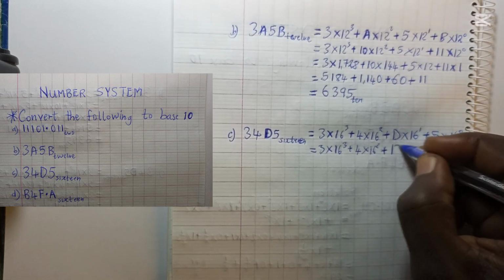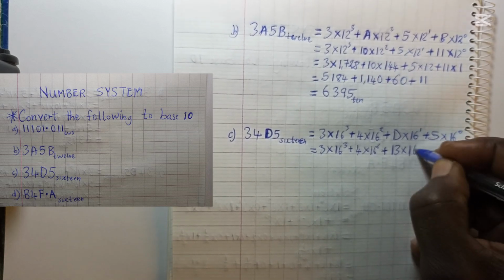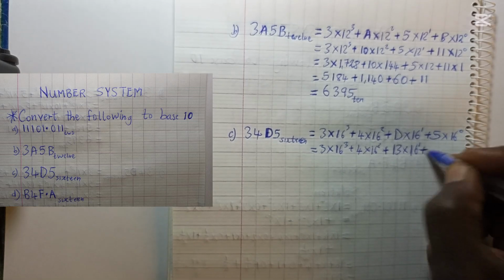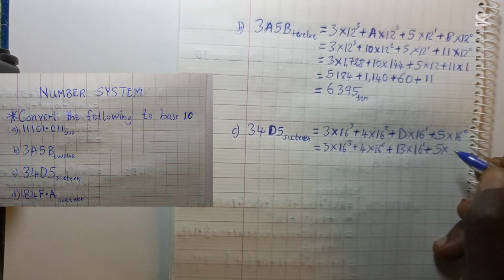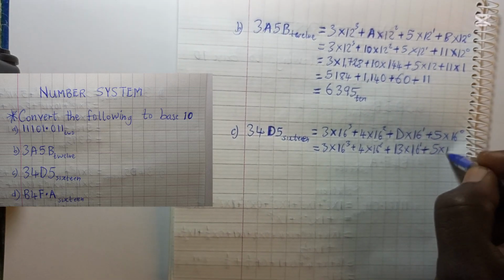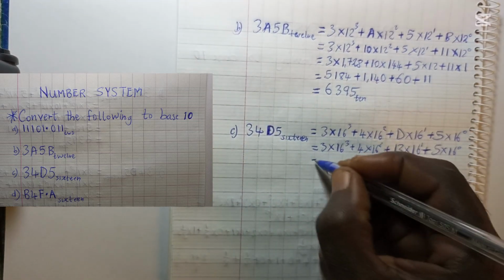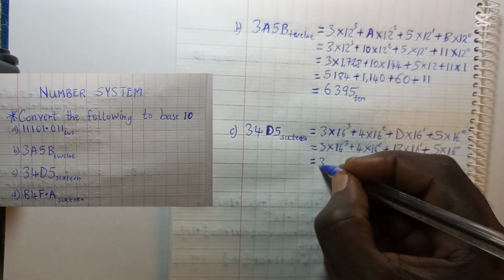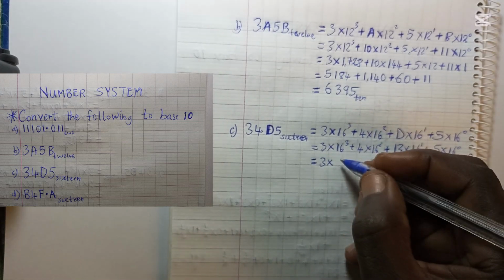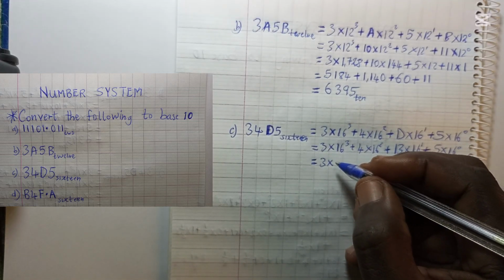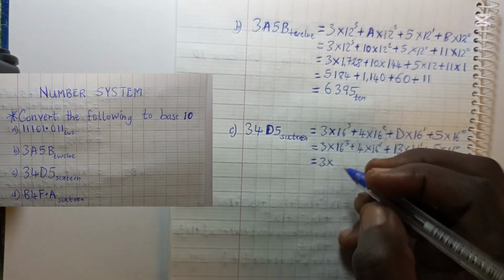So we have 13 times 16 raised to power 1 plus 5 times 16 raised to power 0. So here we have 3 times 16 raised to power 3 will give us 4096